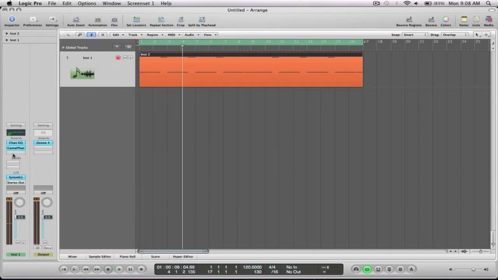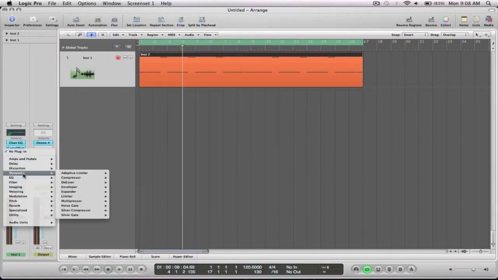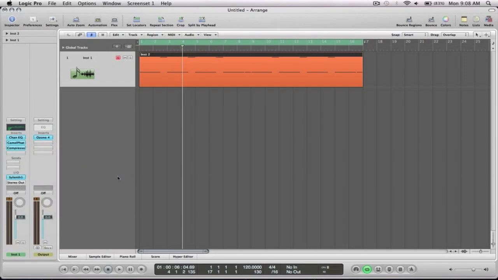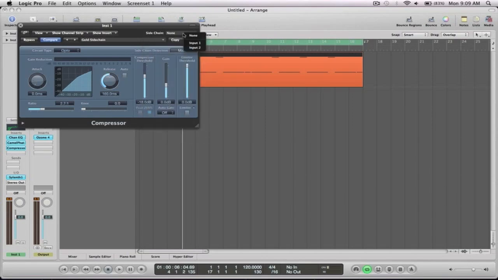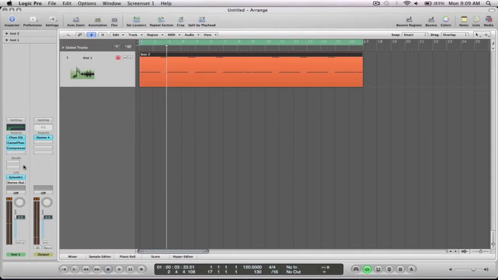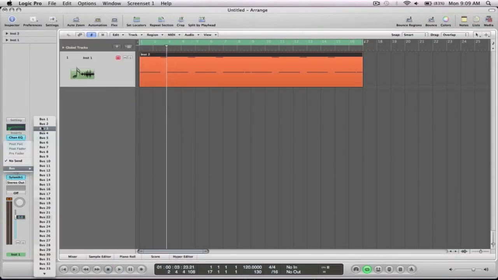And after that I put a sidechain compressor on, but since I don't have a trigger at the moment, it's not actually doing anything. And then finally I just put a little bit of reverb on,